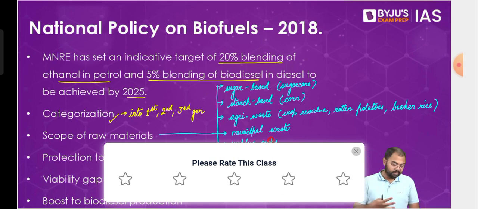So now the government has this policy. As a part of this policy, the government is saying that don't throw it away. Instead of throwing it away, you can sell it to us. The government will buy the surplus crops from the farmers and pay some amount of money to them. So ultimately, this will also help in increasing the farm income.